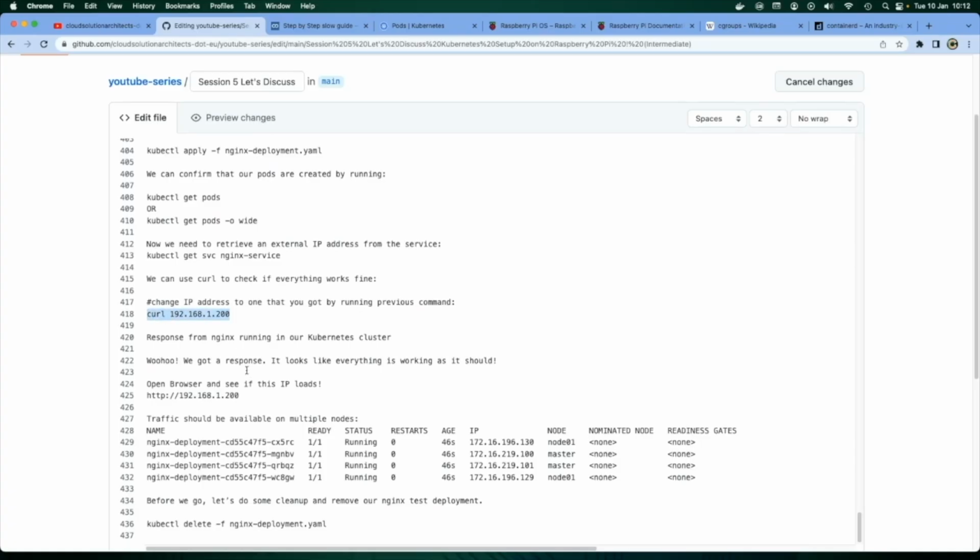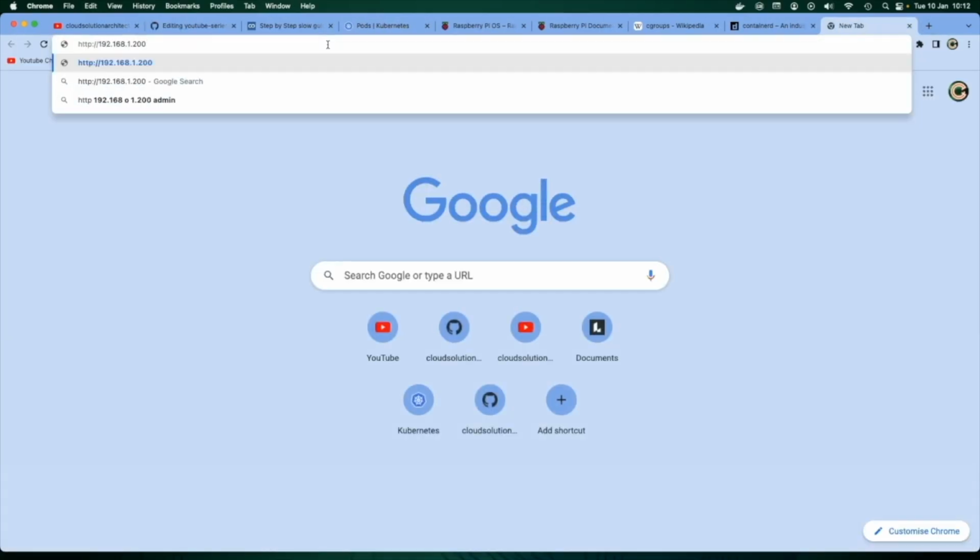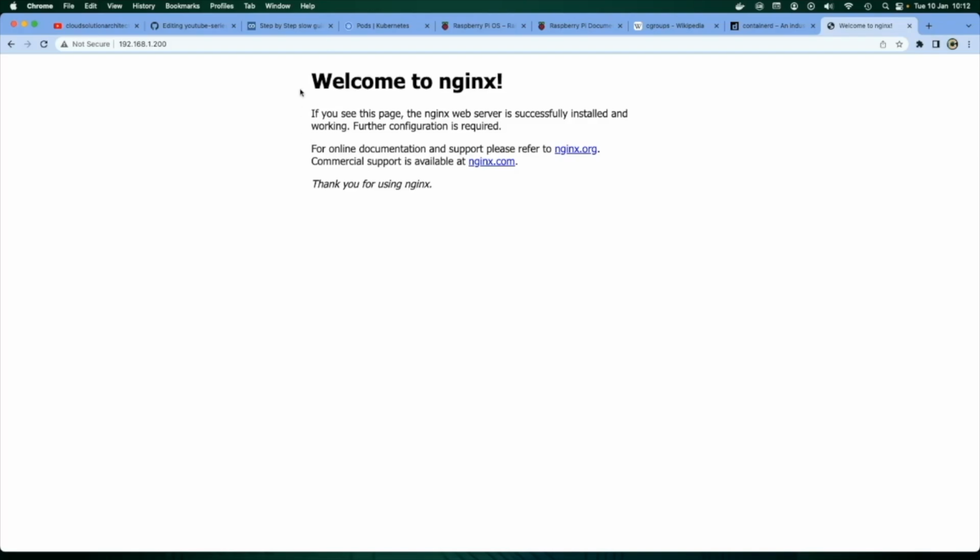It means your curl is working, your setup is working, and then you can finally go to your browser and run that, and you can see welcome to Nginx, exactly what we saw inside the curl command. So the Nginx pod is up and running, the containers are all fine, the load balancer is set up,